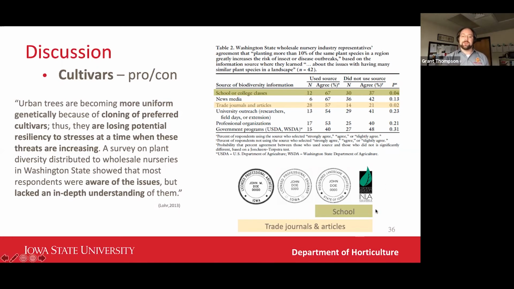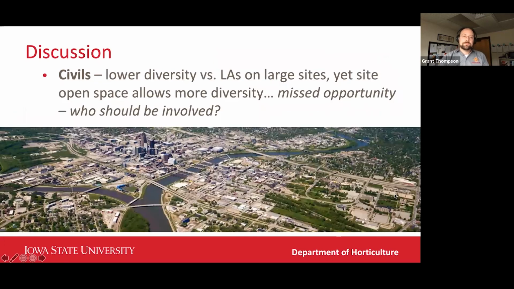So our LAs and our certified nursery folks would have that double exposure between school and trade journals. But it's also important to note the strength of that trade journal. It looks like these could be good places to put these messages to help get these points across. So, kind of wrapping this up,